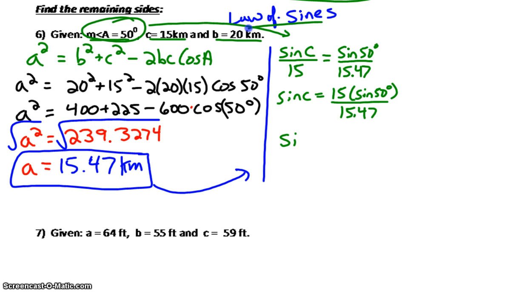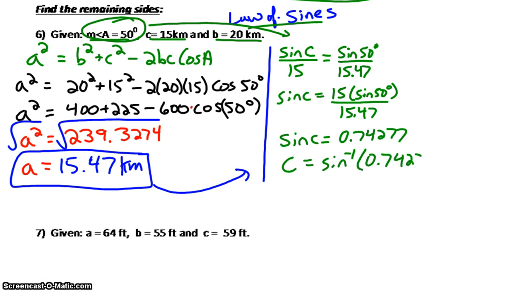So I'm going to quickly punch that in, giving me the value of 0.74277. Now if I take the inverse of that, I'm left with the value that the measure of angle C is